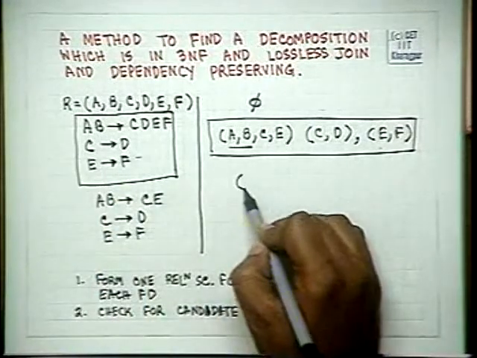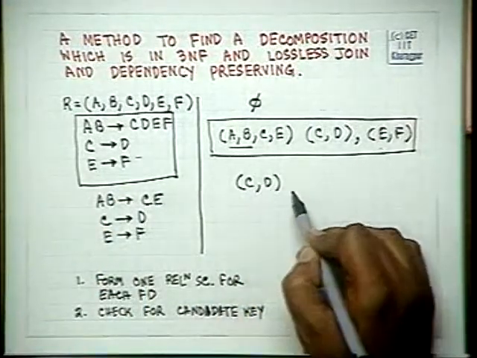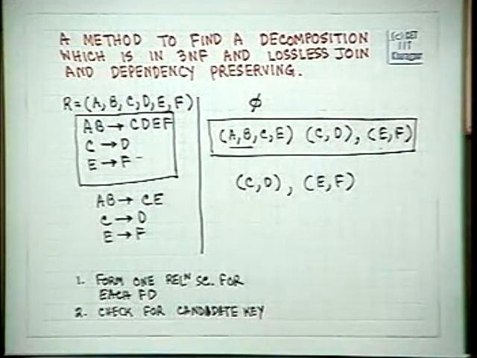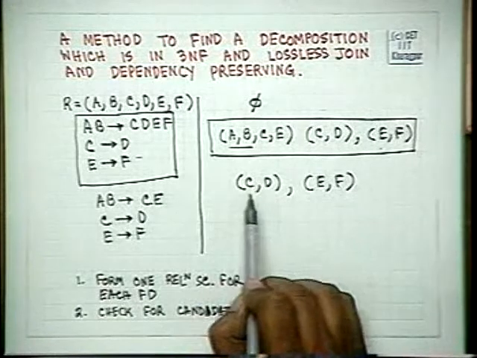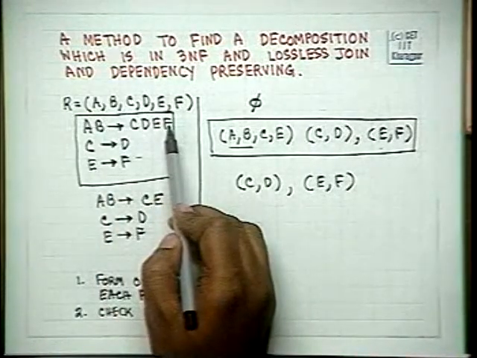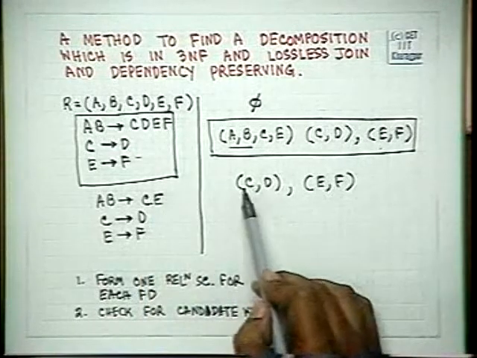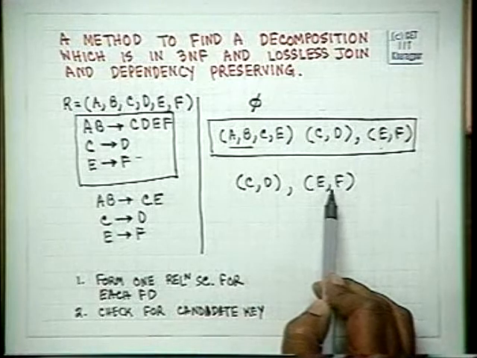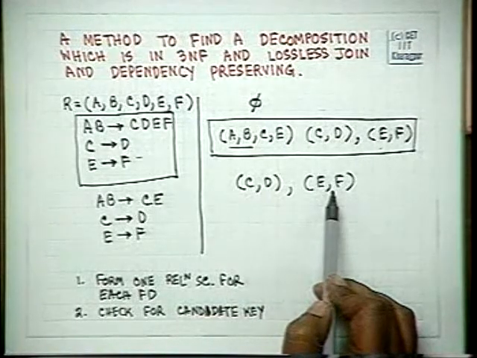For this we would introduce C to D. For this we would introduce E to F. Now, this was not violating anything, it was fine, it is in third normal form, but this is violating, this is violating. But if we have only these two, we do not get our